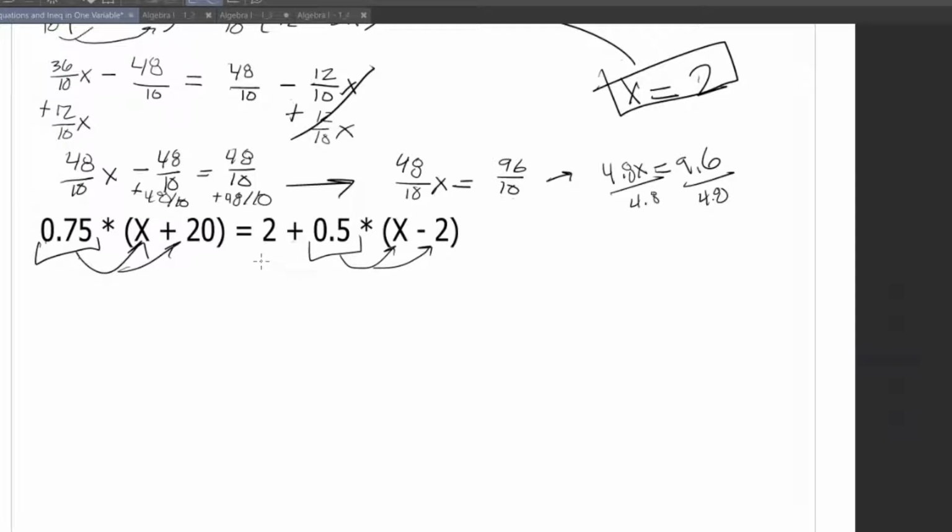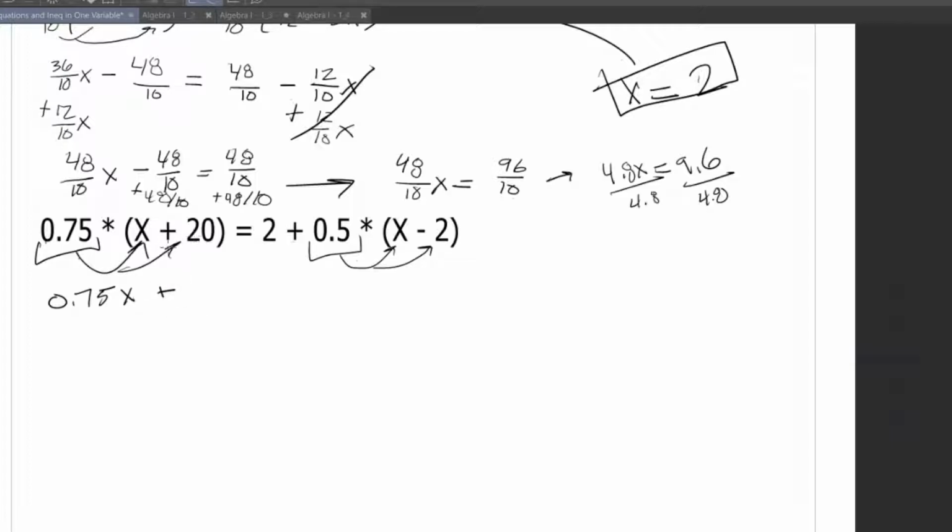Overall, we just want everything laid out, right? Sometimes there are times when you can simplify this equation a little bit. I'll say you can't. So let's go ahead and continue factoring this out. So 0.75x plus